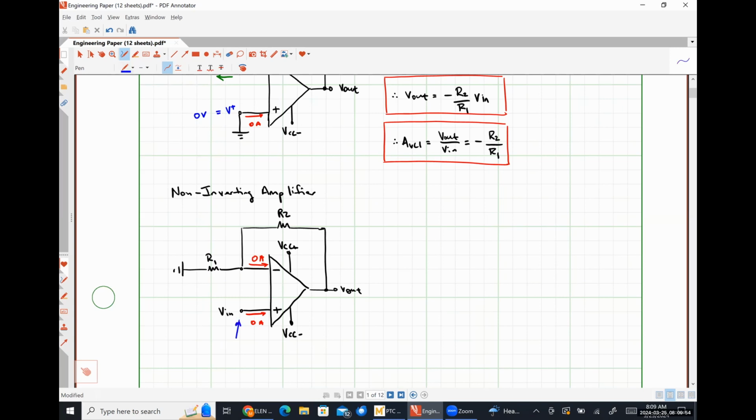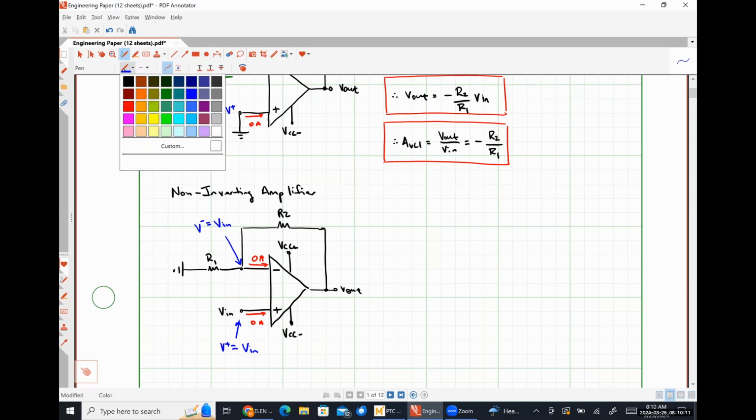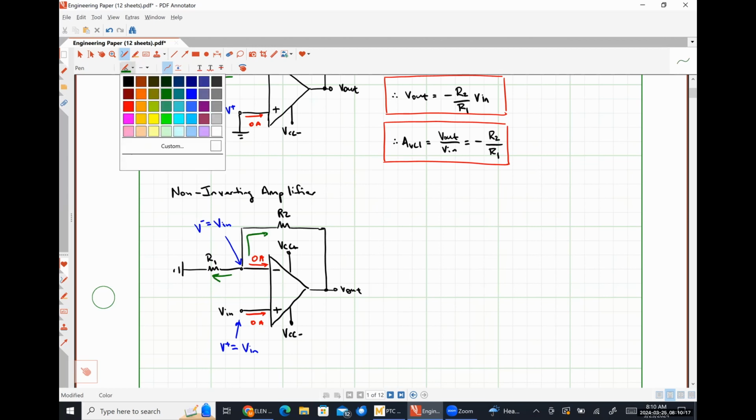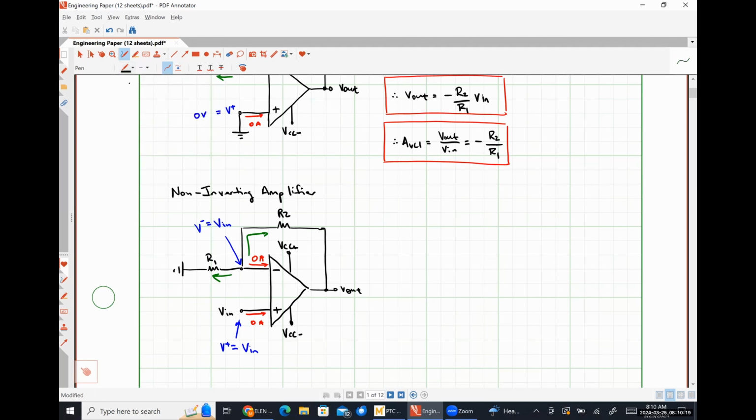By inspection, the voltage present at the non-inverting input terminal is simply Vin. Applying ideal op-amp rule number 2, that means the voltage present at the inverting input terminal is also Vin. Now we write our Kirchhoff's current law equation, adding these two currents together, and what we wind up finding is that